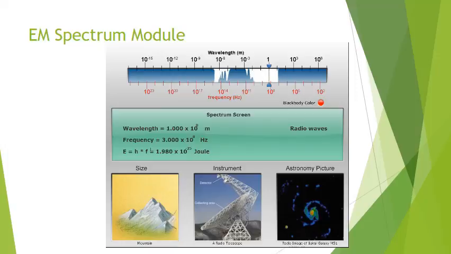Now notice another thing: we can talk about waves as having energy. To find the energy of a wave, you just multiply the frequency of the wave times a constant we call h. It's Planck's constant. Don't worry about the constant. The important thing for you to understand is that as the frequency goes up, the energy goes up. So higher frequency light has a higher amount of energy.